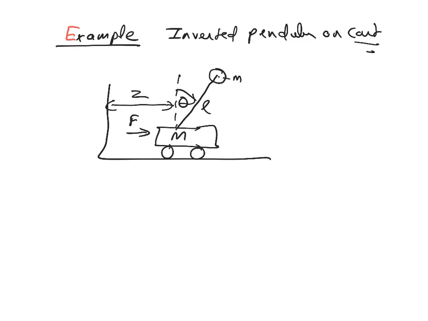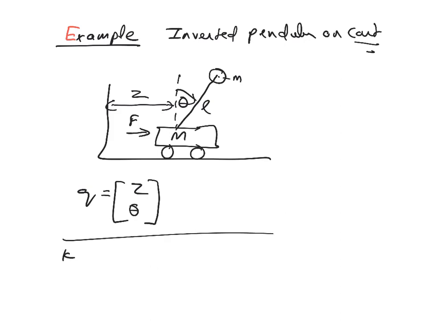So first, what is the first step? You want to choose your generalized coordinates here. Okay. So what I see here is, one is the z, which is the displacement of the cart, which is 1 degree of freedom, and another is theta, right? So there are two generalized coordinates here, z and the angular displacement of the rod, right? So these are the two generalized coordinates we have here, and let's directly get to kinetic energy, KE,